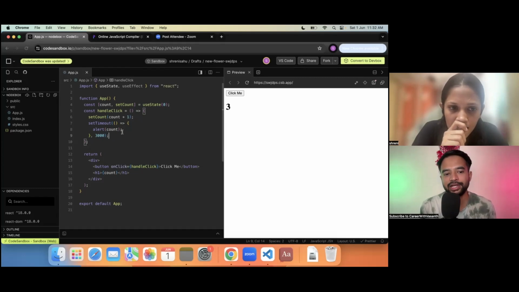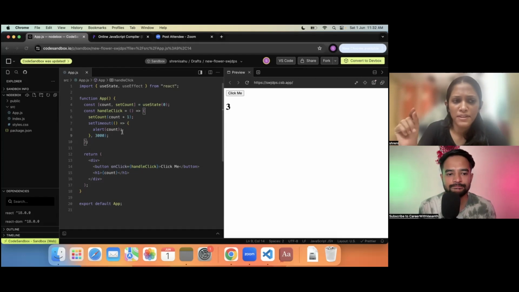So the second time, whenever I click, if that timer is already there, I clear it, and only when the timer is not there do I set the timer. How can we do that? So basically, if the timer is there, clear it and then set a new timer. This is what you want me to do.